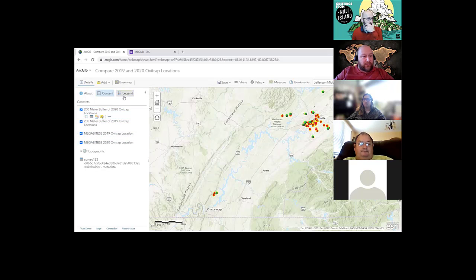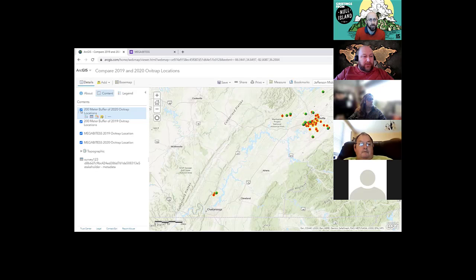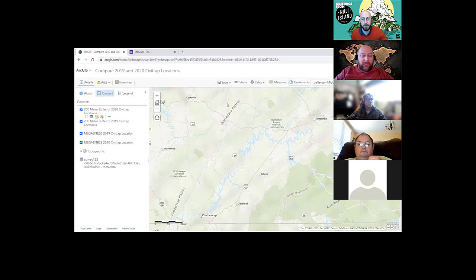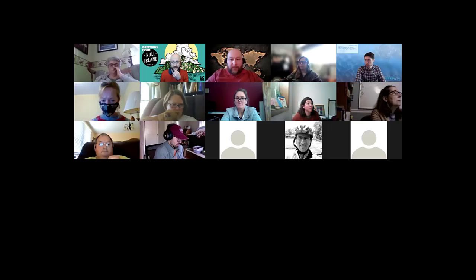And if I click on Legend, it'll give me the buffers and the survey points. So what we need to do is make sure that we can turn on and off layers as we want to. So I'm going to ask people to click on and off layers a little bit as they zoom into their school and play with turning on and off layers for a minute.